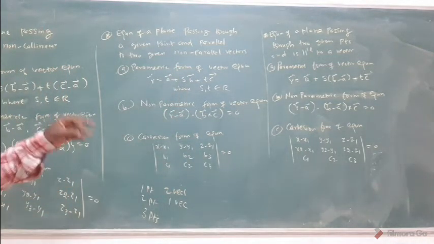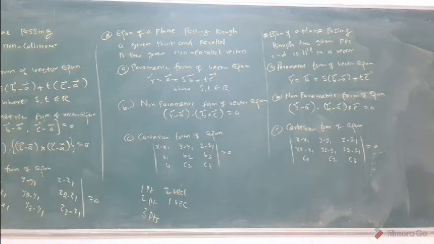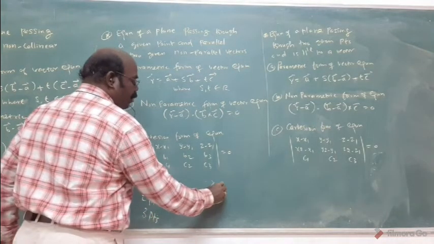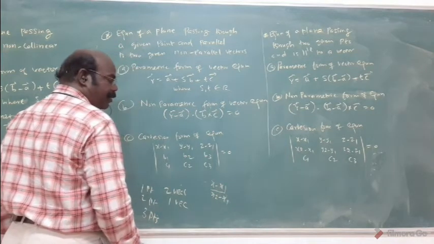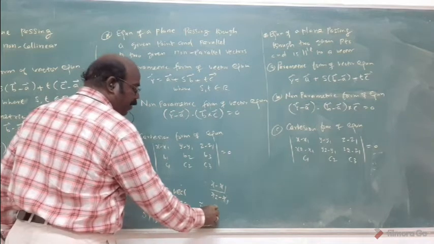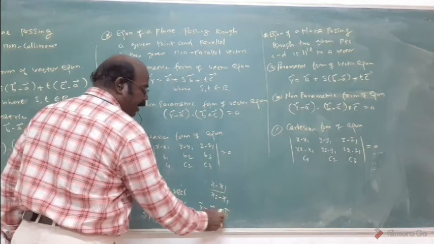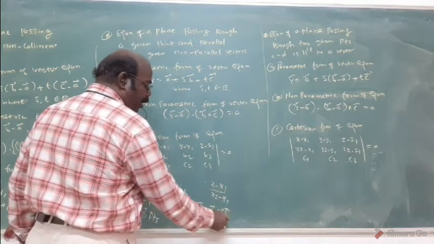Anyway, by using these three formulas, in the first exercise all the problems use only these three formulas. Very simple formulas. You must have the formula clearly. 1 point, 2 vectors, 3 conditions are written. Previously, 1 point with a parallel vector, 1 point with a perpendicular vector was given. That's a different idea. Am I right? For 2 points, the formula is (x minus x1) by (x2 minus x1). This is the 2 point formula. Therefore, the R vector is A vector plus S into D vector. This is called 1 point, 1 parallel vector.